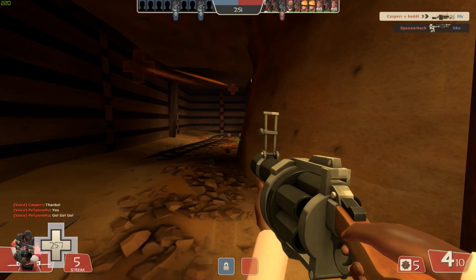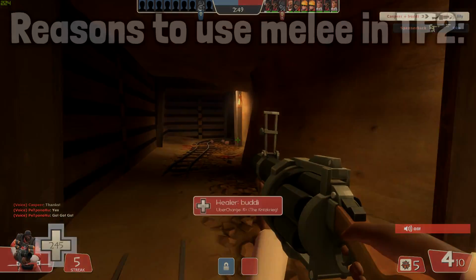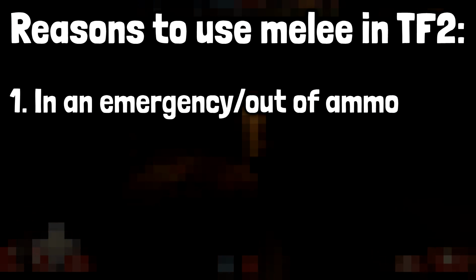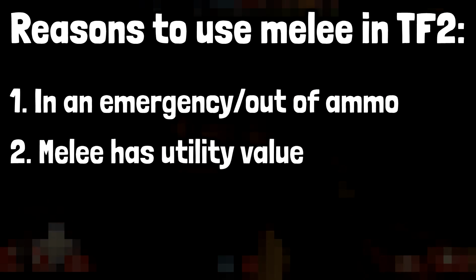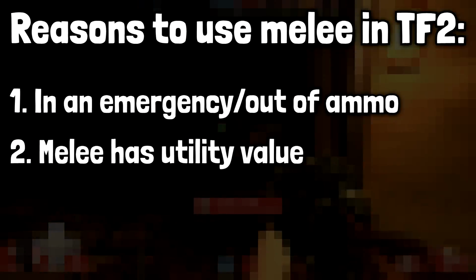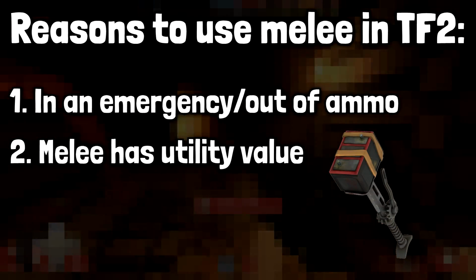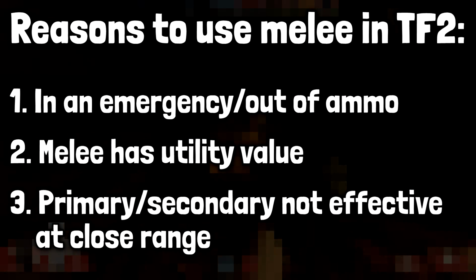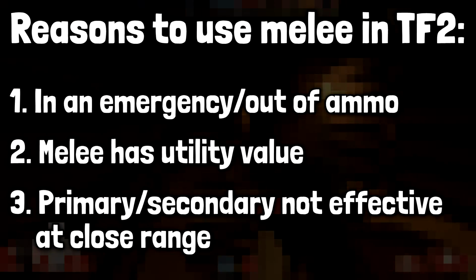As I've said many times before, there's a few main reasons to use your melee weapon in Team Fortress 2. 1, in an emergency situation because you've run out of primary or secondary ammo. 2, because your melee weapon's got some sort of utility value, such as the Pyro's Power Jack giving increased move speed. And 3, and this one is especially important to Demoman, is that your other weapons might not be effective